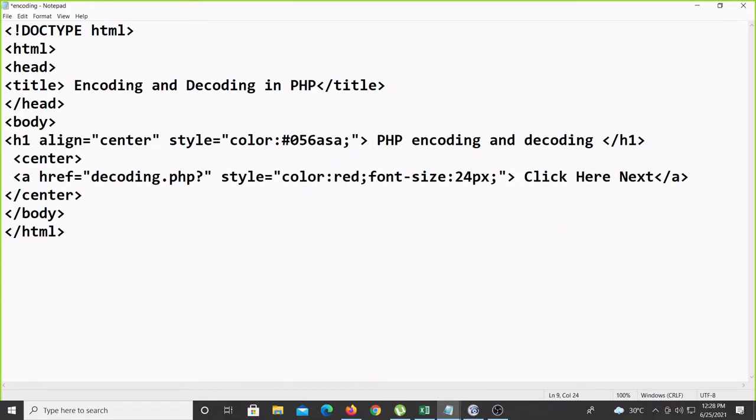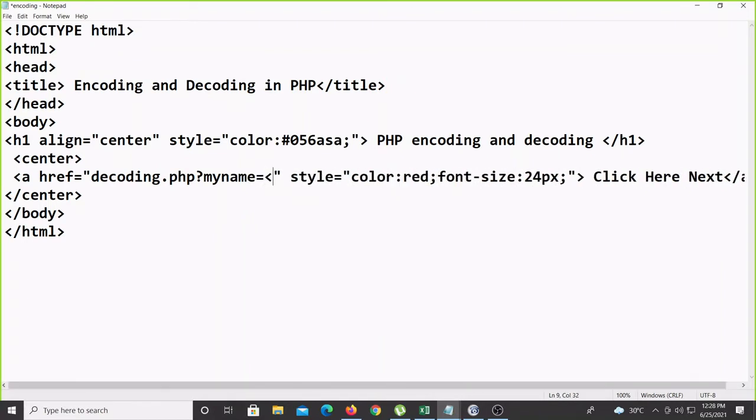Question mark, and give again some variable name, anything, without the dollar only. So I am writing here MYNAME, my name, equal to, and inside PHP I have to pass the value. PHP equal to, then in PHP you can write echo double quote Alok Ranjan, I have written here.